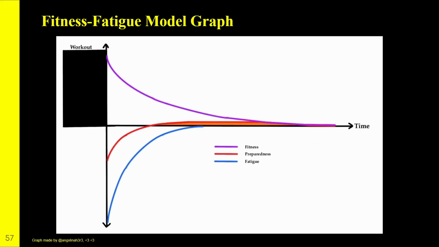Here's a more modern and powerful model of the SRA curve used by coaches around the world. Preparedness is the sum of fitness and fatigue in this graph. It is interesting to notice that fatigue overrides fitness at the start, but since fatigue dissipates quicker than fitness, eventually we're going to have a positive preparedness.